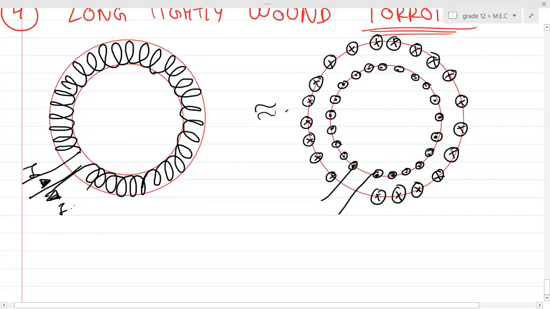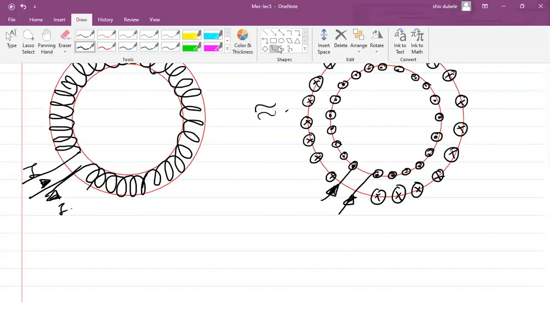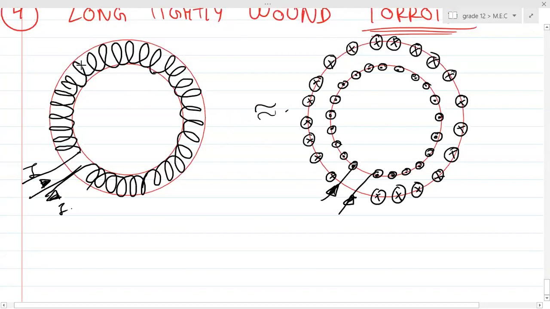So is this clear, guys, how the current is going? First, the current goes beneath this loop and comes from the inside of the loop to the outside, then inside, goes to the outside, etc. Are you getting my point? The current goes from here, beneath the loop, it comes out of the plane from here, and then it goes like this, and so on. Are you getting my point, guys? So this is the direction of flow. Here, in gray I'll draw another setup.